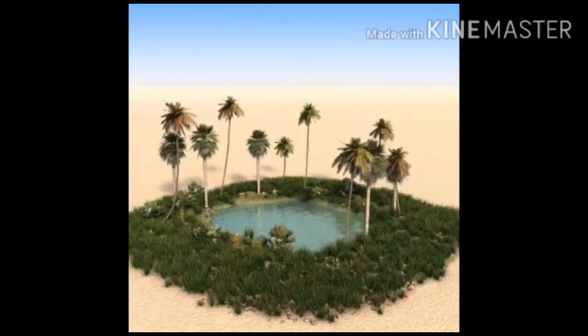Oasis: a fertile spot in a desert where water is found.